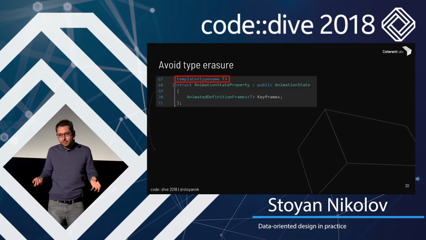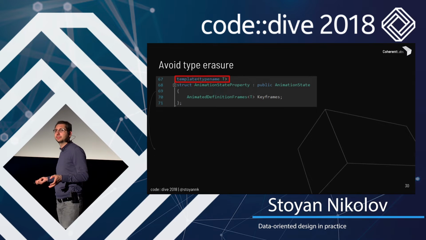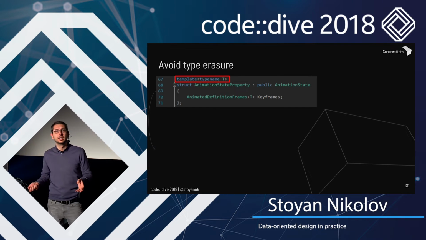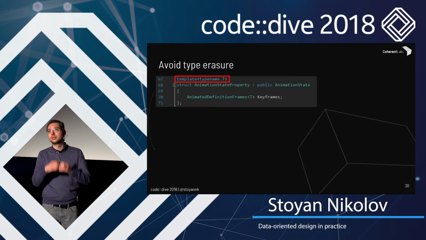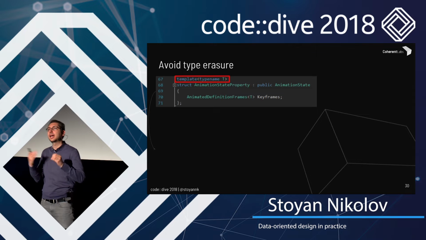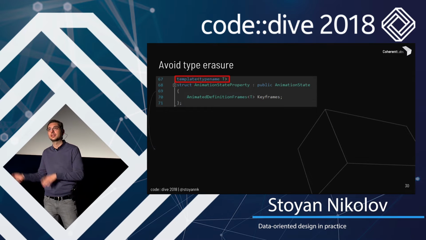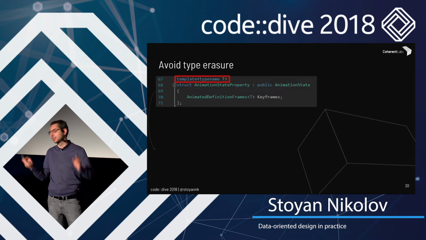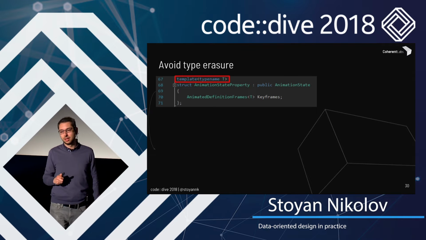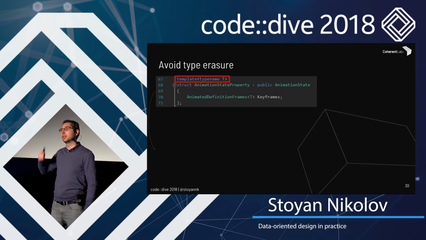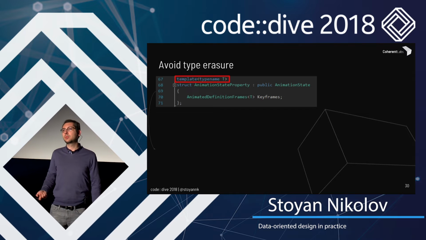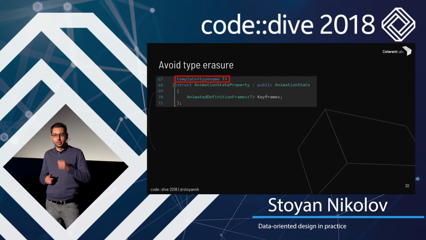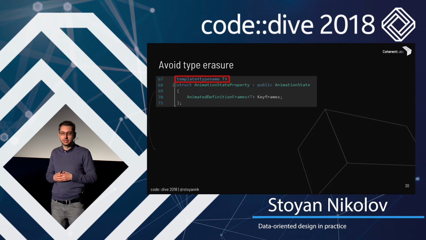Okay. The animation state, however, had no keyframes. I hope you noticed that. There was no information there about the different keyframes that we have. So the different types of properties that we're modifying, the colors, numbers, matrices, and so on. So how do we do that without relying on virtuals and interfaces and dynamic allocations? Well, C++ has a way to do it. It's a type of static type erasure. You can do it with templates. So let's try it.